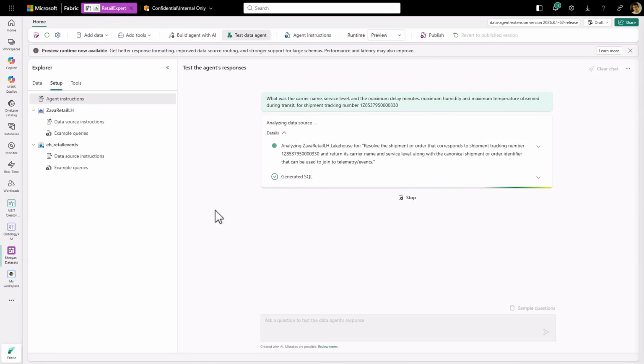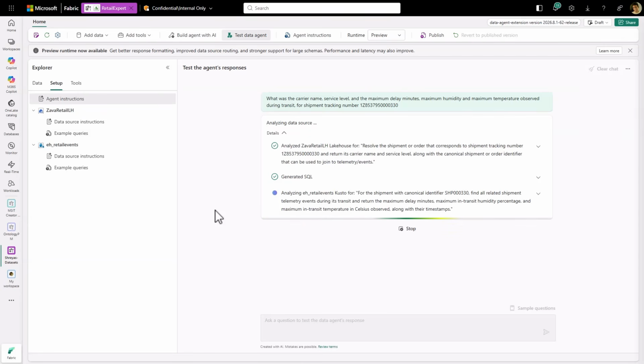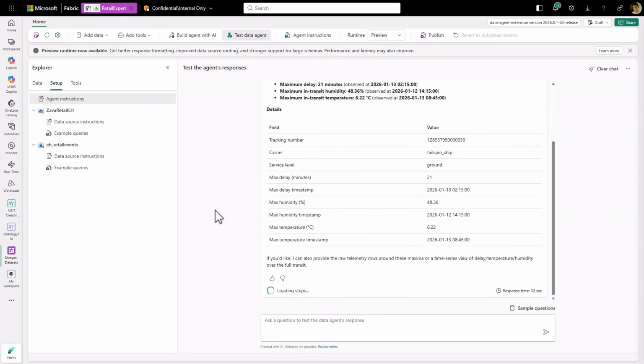The data agent should know that it needs to first resolve the carrier information and shipment ID using the lakehouse, then use the eventhouse database to find more detailed shipment information like humidity and temperature. As expected, the agent successfully answered the question. Thanks to the new Build Agent with AI mode,